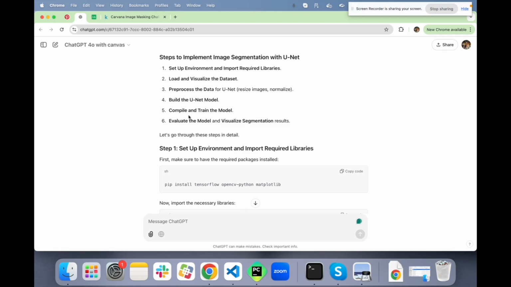Okay, evaluate the model and visualize segmentation. This is something new. So this is something new. So yeah,